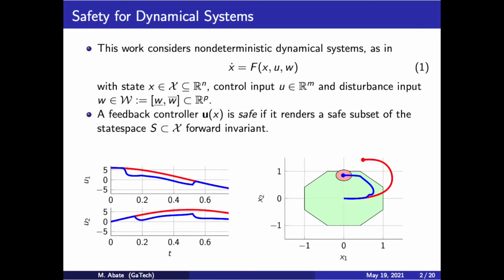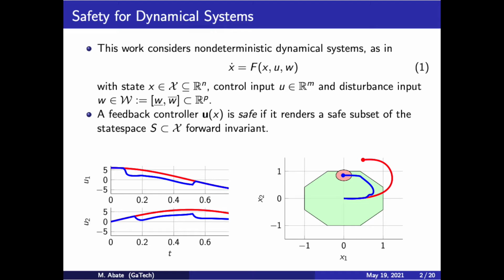The primary focus of this work is safety for controlled dynamical systems. We'll consider systems of differential equations, as in equation 1, x dot is equal to f of x, u, and w, where x is the state, u is a control input, and w is a non-deterministic disturbance input to the system. We'll assume for all time that w evolves inside an interval of possible disturbances. We're interested in designing and verifying that feedback controllers for system 1 maintain a safety property. So we'll say that a controller u of x is safe when it renders a given subset of the state